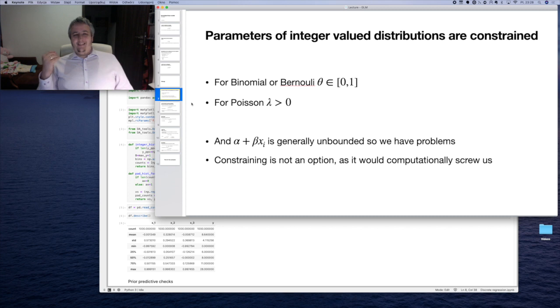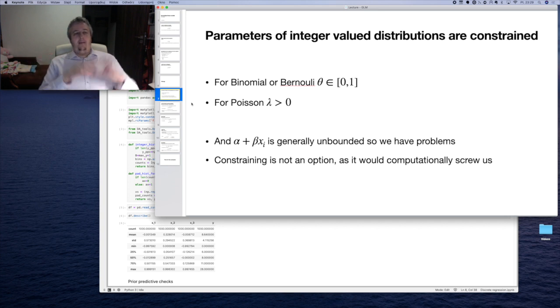And the linear combination of predictors is in general unbounded, because first of all our predictors can get arbitrarily large values and the parameters can get arbitrarily large values, and then we get something that will be unbounded. Even if our predictors are bounded, we still have the problem of the number of coefficients, and even if those are bounded,